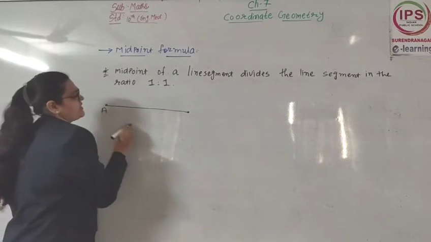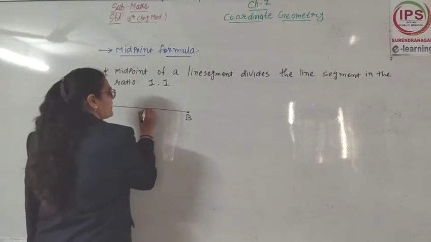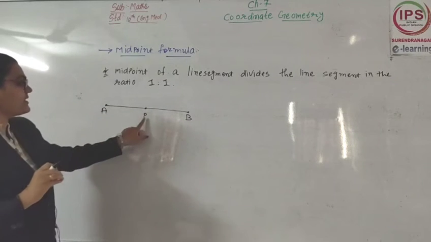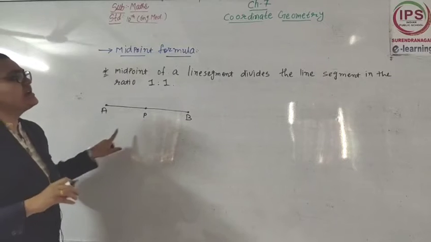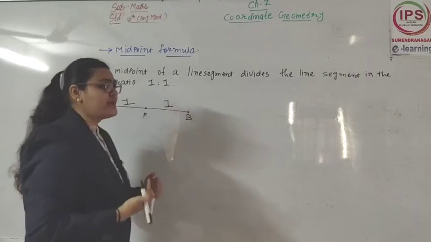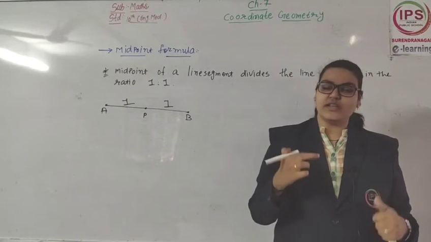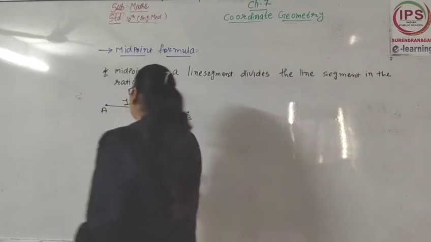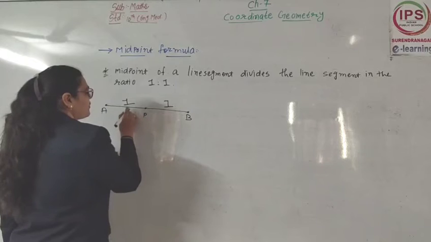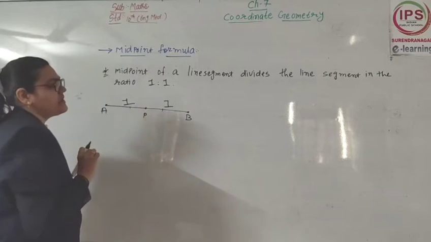Now we are going to take one line segment and understand it very well. Here we write A, here we write B. So this is the line segment AB and we take the midpoint as a point P. The midpoint of a line segment divides the line segment in the ratio 1:1. What is the meaning of midpoint? A point that is in the middle. It means upside equal, downside equal, and that point is in the middle. So here this part is 1, this part is also 1. Both sides are equal, 1:1. That's why this point P is the midpoint of line segment AB.